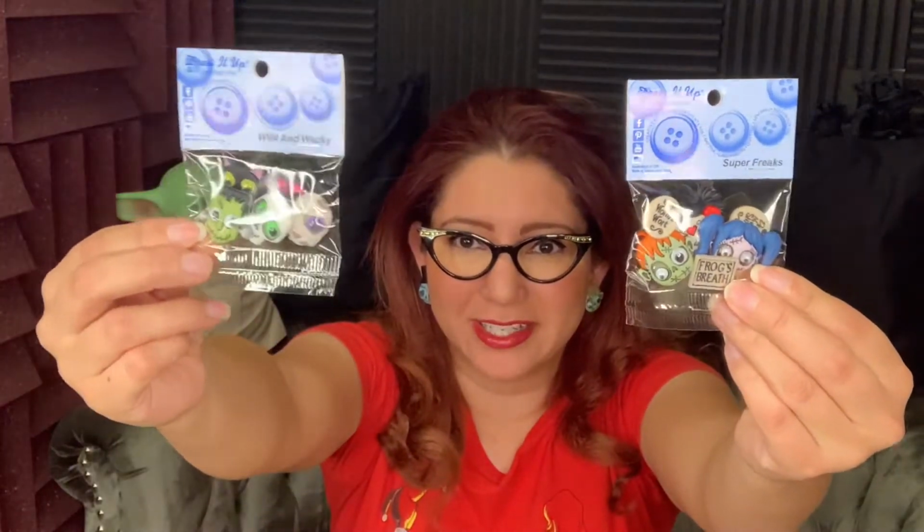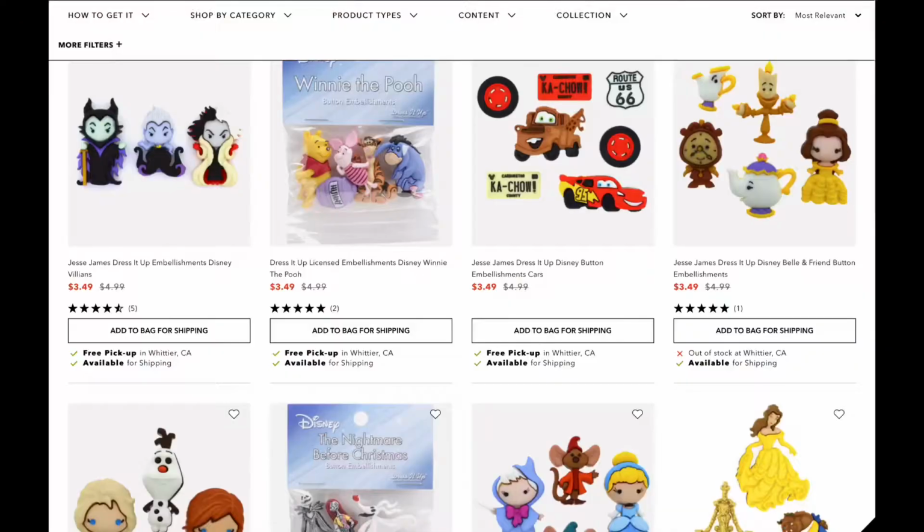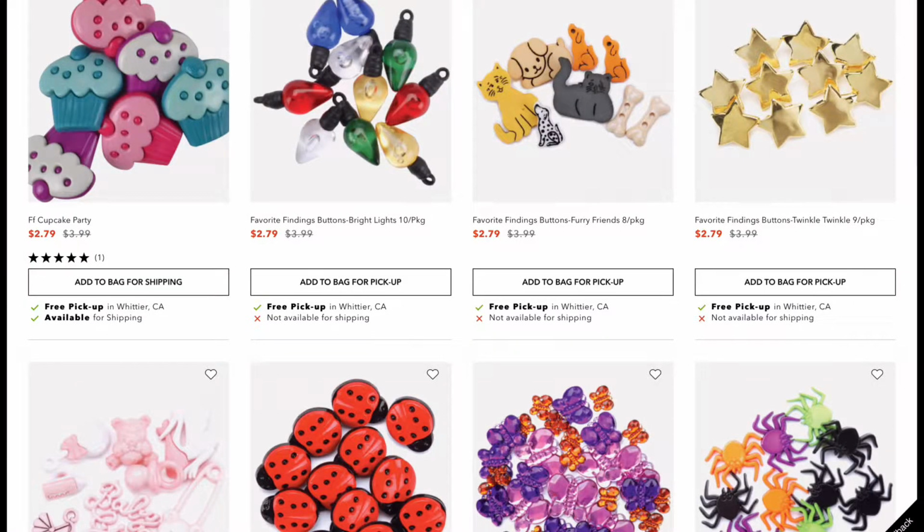I like the monster ones. I'm a big fan of the monster button earrings. I get these at Joann's Fabric. They have a bunch of different kinds. They have Disney, chickens, random things. My favorite are the Super Freaks, which were these ones, and these monster type of buttons. And then also I'm a big fan of the Wild and Wacky. I like the little googly-eyed monster things. So let me show you how I take these from button